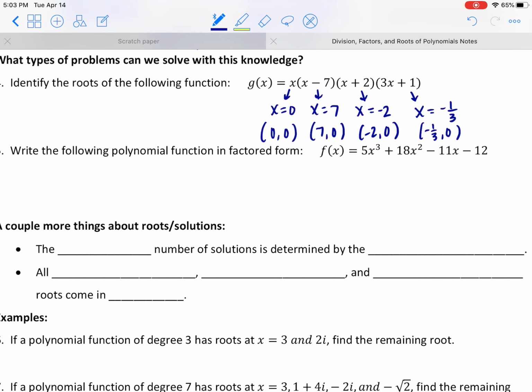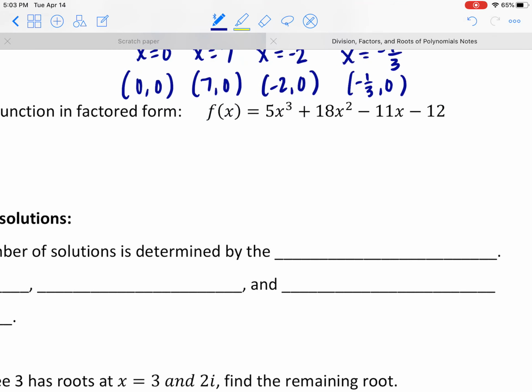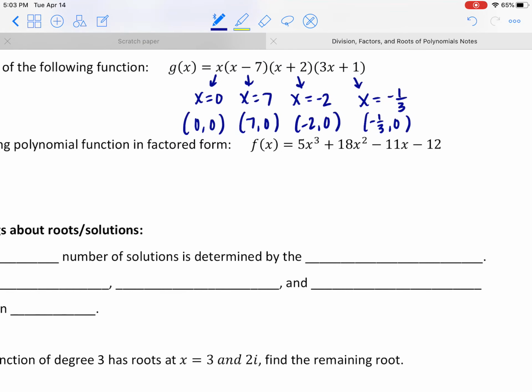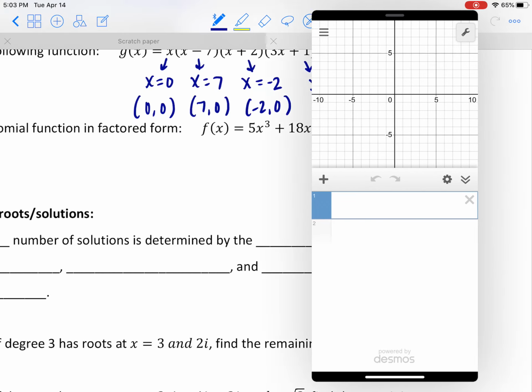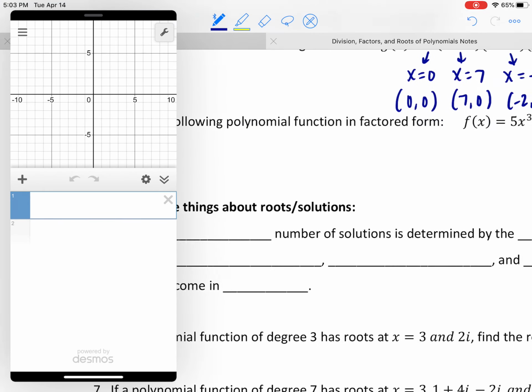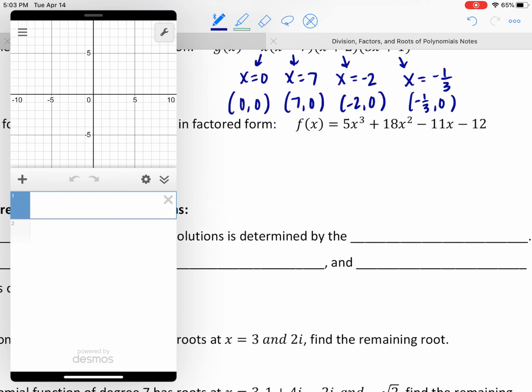Okay? Now, I can also do something like number 5. It says to write the following polynomial in factored form. Again, this is a 4-term polynomial, but I would not be able to factor this using grouping. So what do I do? Well, this one I'm going to actually go to Desmos. If I put this in Desmos,